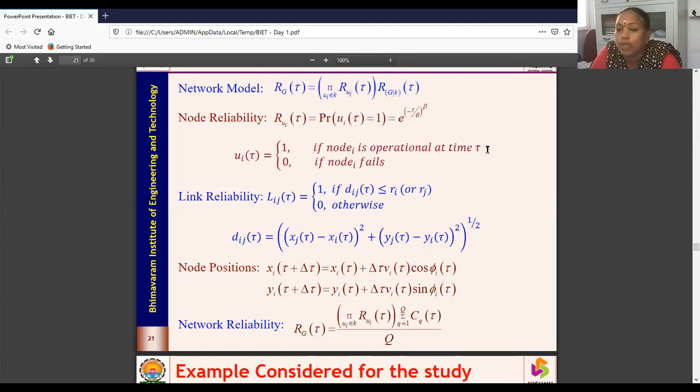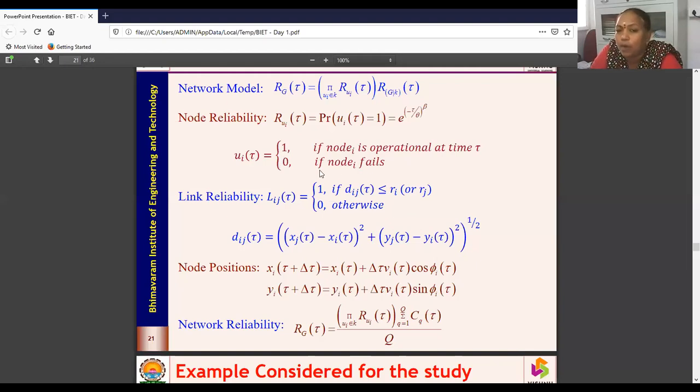If it moves out of the coverage area, though it may be active, we consider it a failed node. Why? Because it is not going to connect with any other nodes. So within all the operational nodes, if the nodes are operational at that particular time instant, then it is 1.